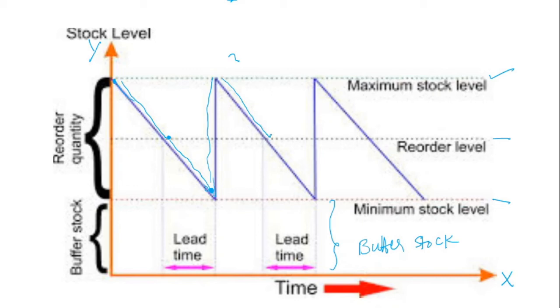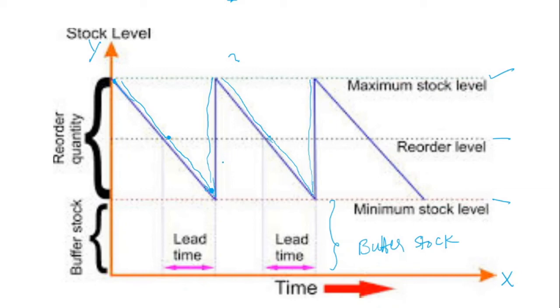This order is supplied by the suppliers. When the fresh supplies reach the firm, by that time the raw material is touching the minimum stock level. When the fresh raw materials are received by the firm, it automatically reaches the maximum stock level again. Like that, the firm always faces the maximum stock level, reorder level and minimum stock level.